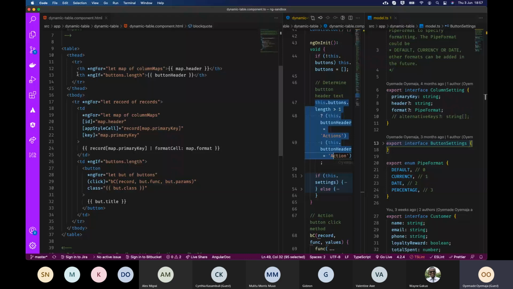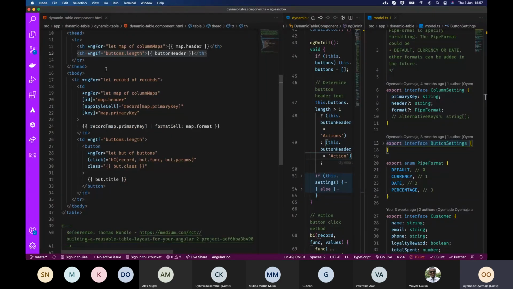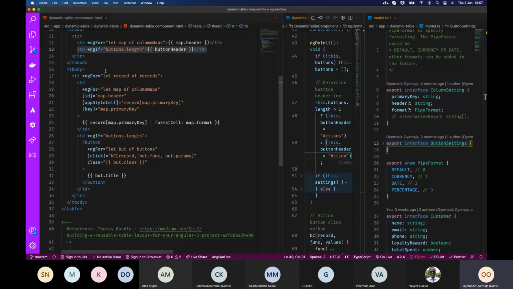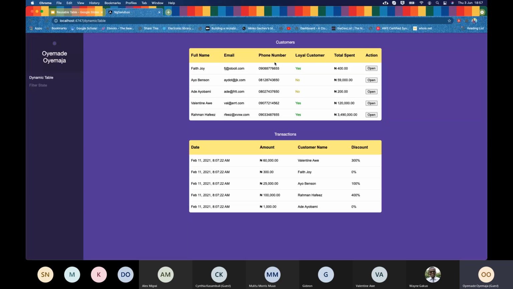Then we check, okay, for the button length that I talked about before, should it be action, action based on the length of the buttons, and then we determine what to show there. Then for the body of the table, we loop through each individual record. So for each individual row here, we have access to the data for that particular customer. And then we say,